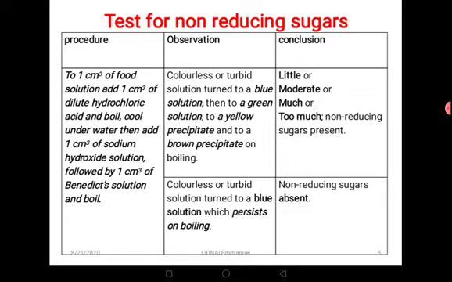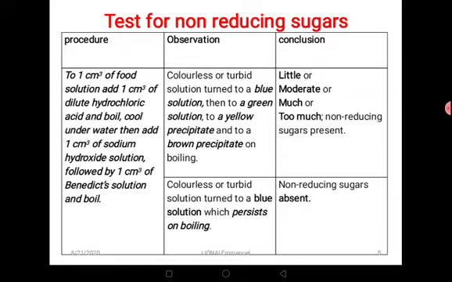So in our observation, it is similar to that of the reducing sugars. Your colorless or turbid solution will turn to blue solution, and then to green solution, to yellow precipitate, and then to brown precipitate on boiling, signifying either little, moderate, much, or too much reducing sugars present. It is actually reducing sugars present, not non-reducing sugars. Our conclusion, perfect conclusion, is